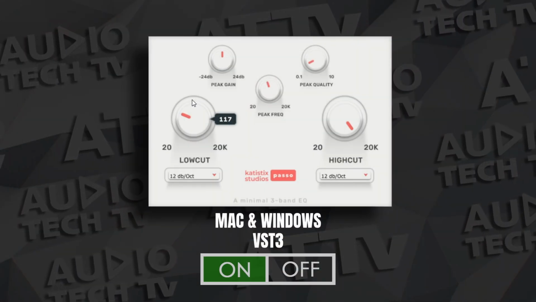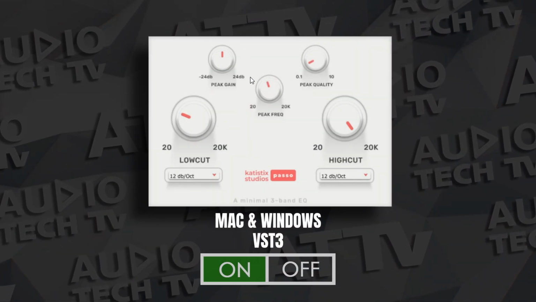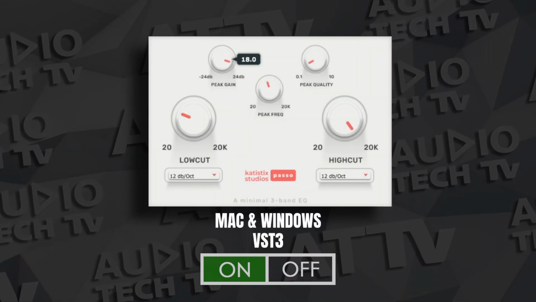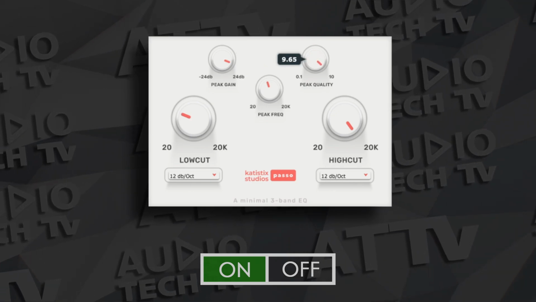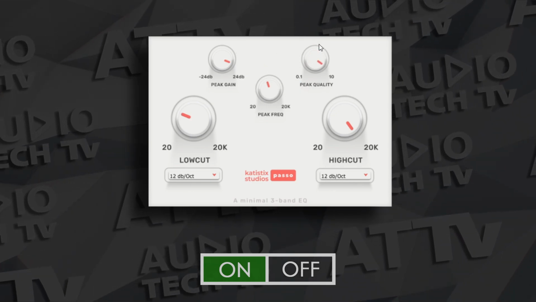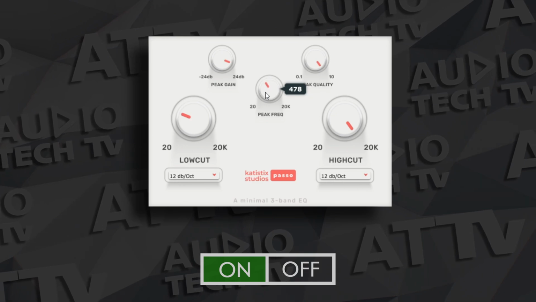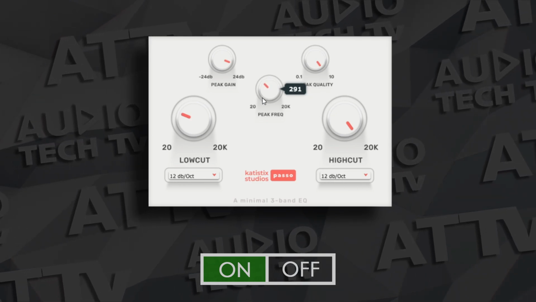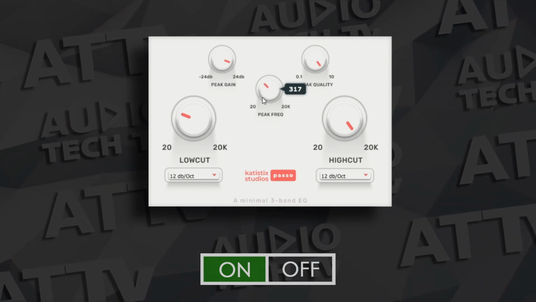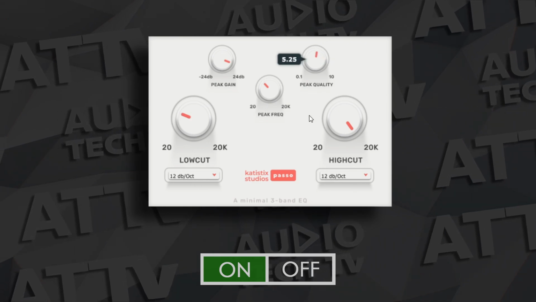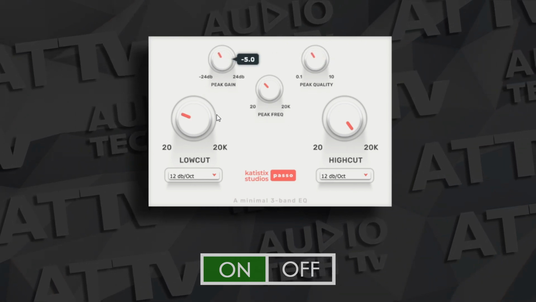Now here's a simple but excellent free EQ plugin. This one is called Passo. Sometimes it's nice to just have a decent high pass and low pass filter in one easy to use plugin, and Passo has that, but they also give you another selectable frequency as well. You can adjust the slope of the filters and the Q of the selectable frequency. It's an extremely straightforward plugin and it does what it's intended to do.